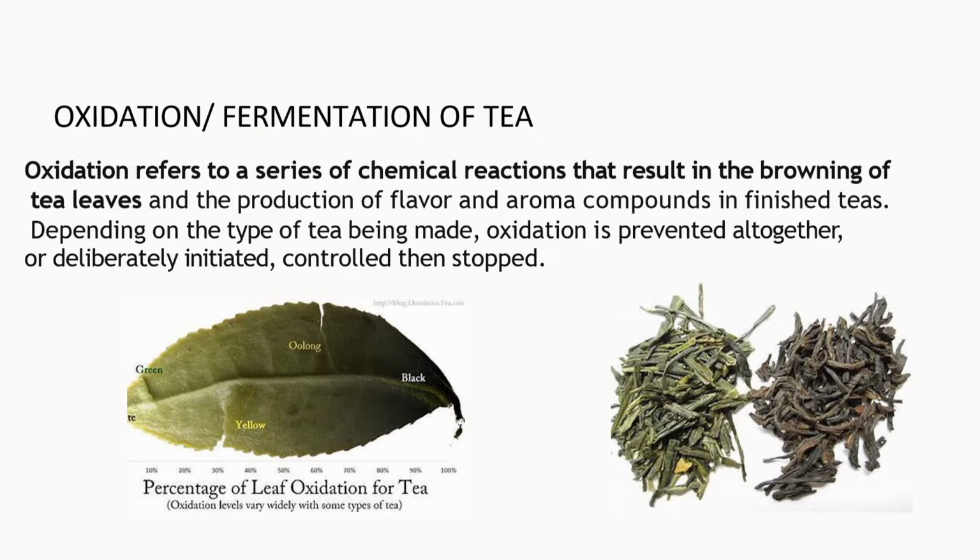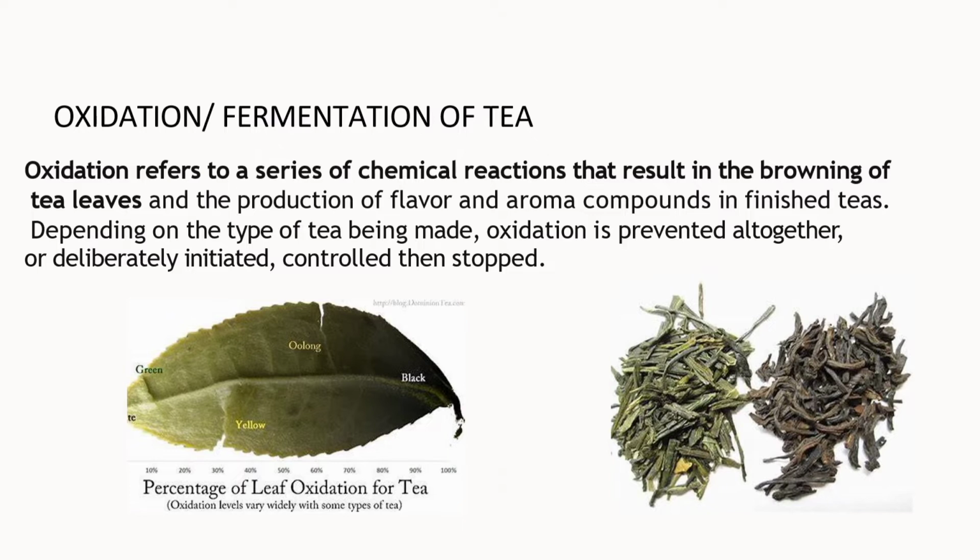As I told you before, the more the oxidation, the darker the color. See the tea leaves here, that is a percentage of tea leaves. So you must have seen the ad of green tea, right? Lipton green tea. Green tea is healthy for life. See the oxidation. This is the tea leaf usually. This is the lighter color, this is the darker color.